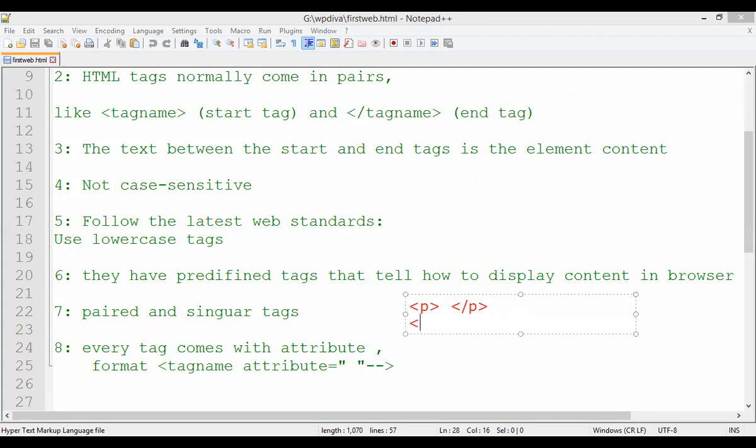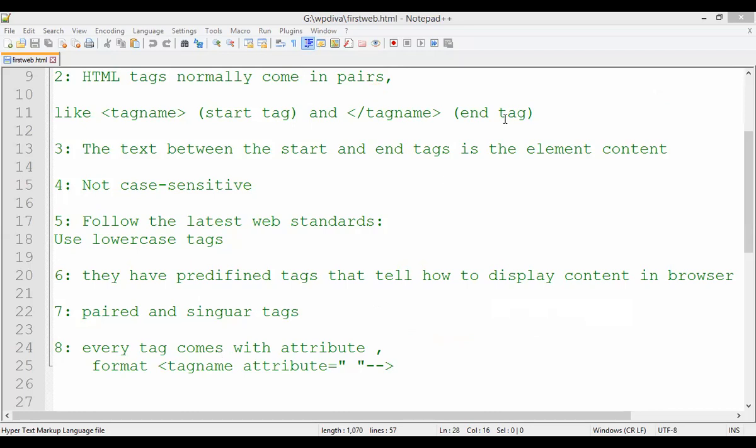Suppose I take a BR tag, it just appears like a line break, or going to the next line. It is also called a new line character, right? So if I take P, that is a paragraph, right? This is the opening and this is the closing tag. If I take break here, it doesn't have any pair. So P is a paired tag and break is a singular tag. So there are different types of tags: some are paired and some are singular. Clear to you?